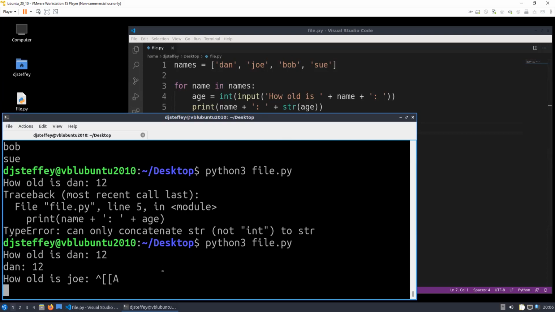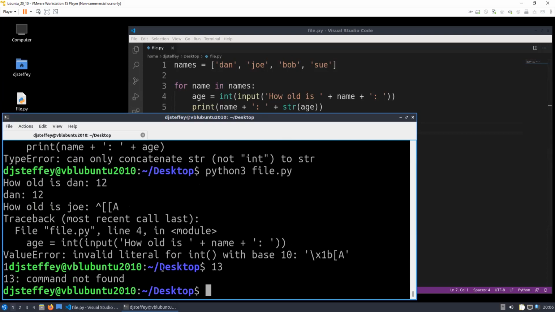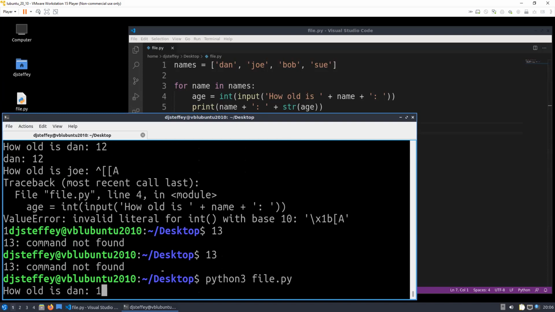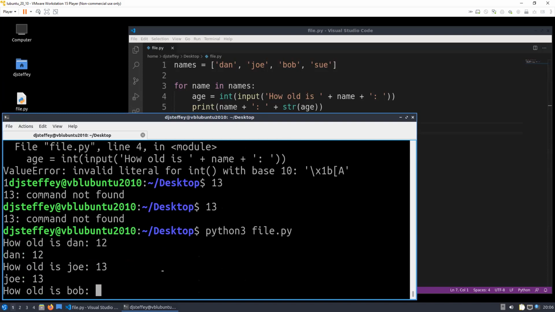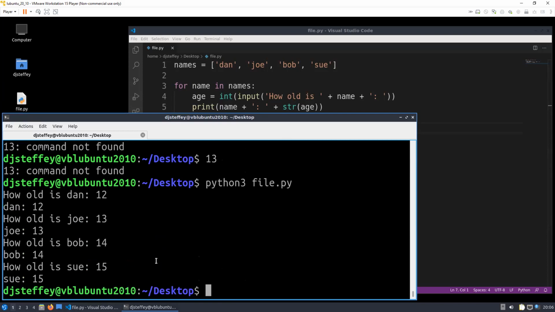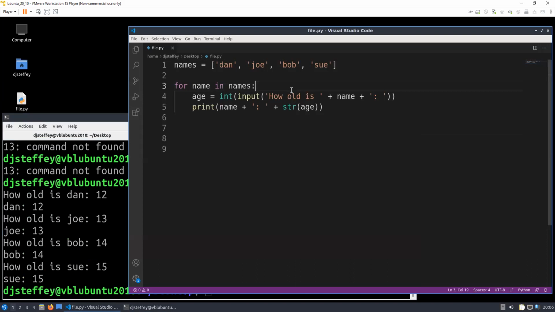How old is Joe? Oops. Dang it. Dan. There we go. Dan is 12. Joe is 13. Bob is 14. Sue is 15. And sure enough, this loop took us through each name, and it allowed us to input the age for each name. Okay? Well, instead of age,